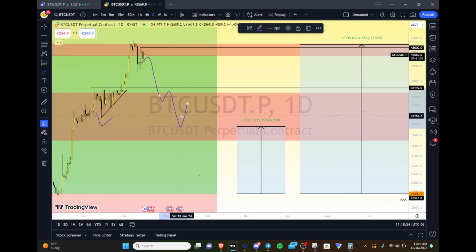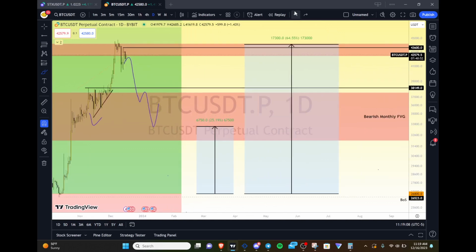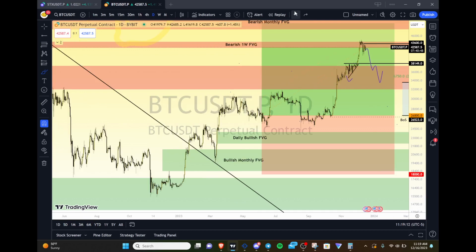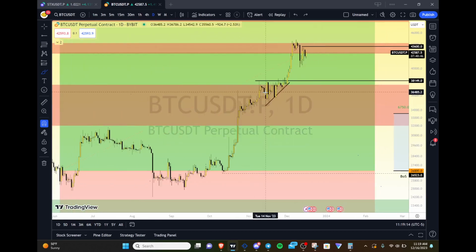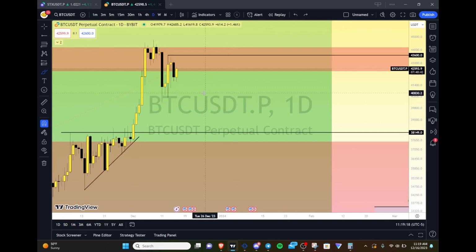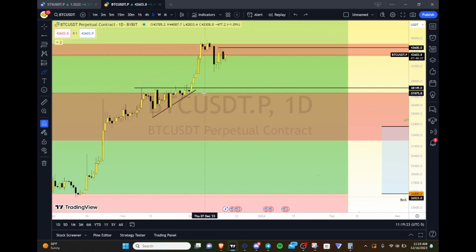So if price comes back to here and takes out this low, then we should be looking for a lower high to come from here. So something like this and then continuation. But as of right now, if you ask me what's most likely, if we look at the price action from the daily's perspective, we see that price has rejected off this 1 week bearish fair value gap, but notice that the bears have no follow through. They've had no follow through for a long time.